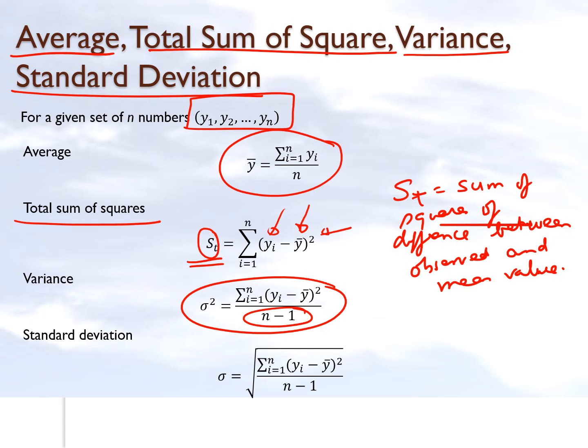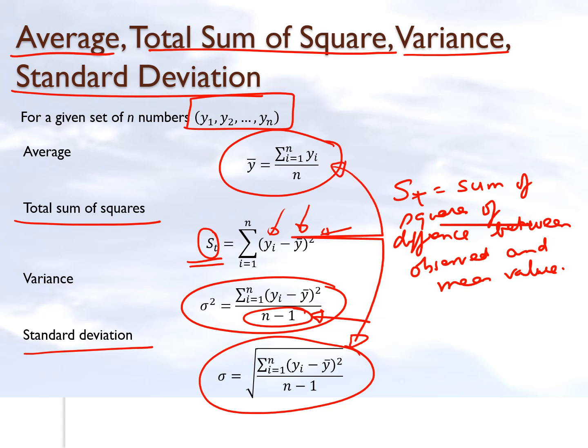Now somebody might say, why is it n minus 1? Why not n? Why not n minus 2 or n minus 3? It's all been found out, if you look at other sources, it's called Bessel's correction, that this is the best value to use in the denominator to get rid of as much bias as possible. And then we have the standard deviation, which is simply the square root of the variance, and it basically gives it the same units, or same order, as that of the average value. So that's the standard deviation which you have there.